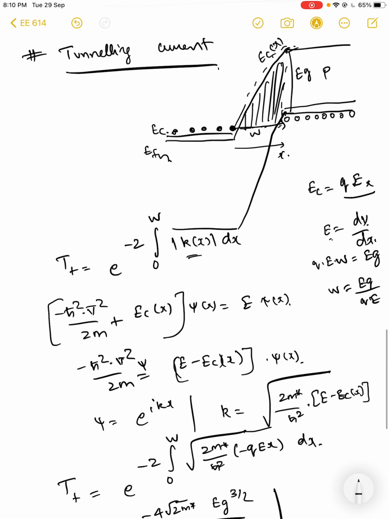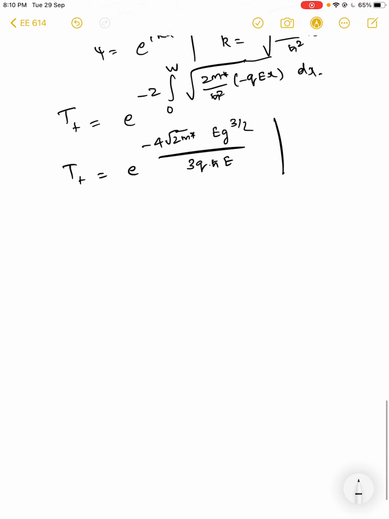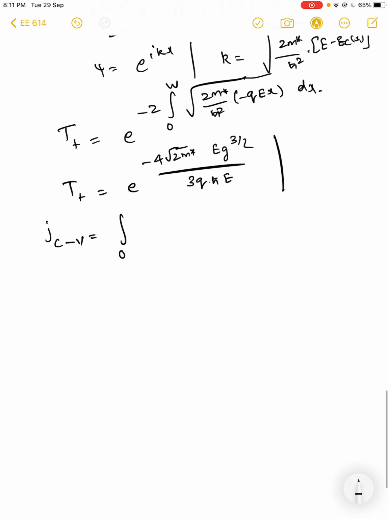If you know the electron tunneling from left to right, from this conduction band to the valence band, and you subtract the tunneling probability of the electron from the valence band to tunnel to the conduction band, right? So what is the probability for an electron to tunnel from the conduction band to the valence band? So let's say J, conduction band to valence band, is an integral of all possible energies, right? It has to have a Fermi function of availability of an electron in the conduction band, number of states in the